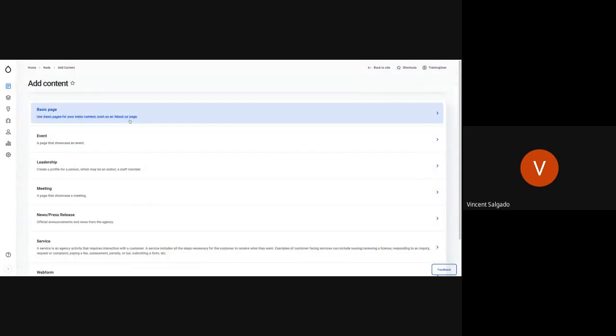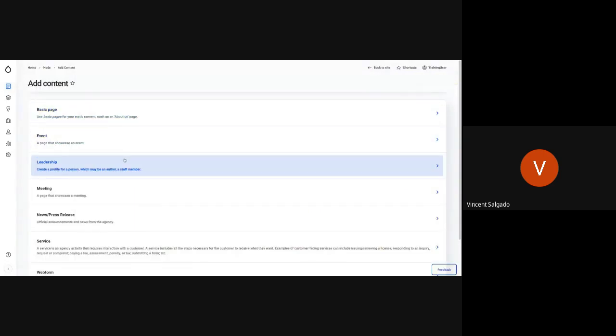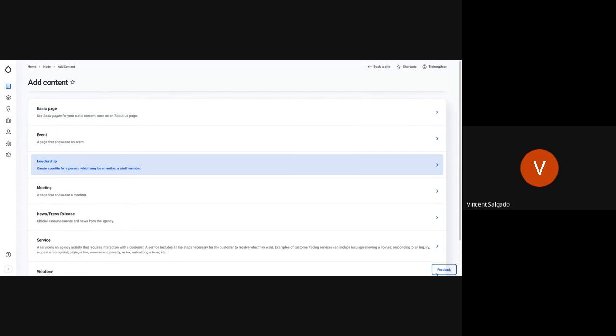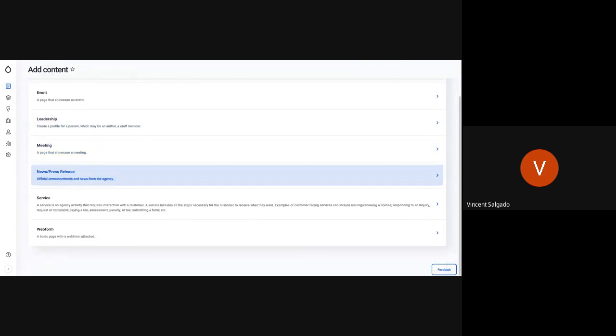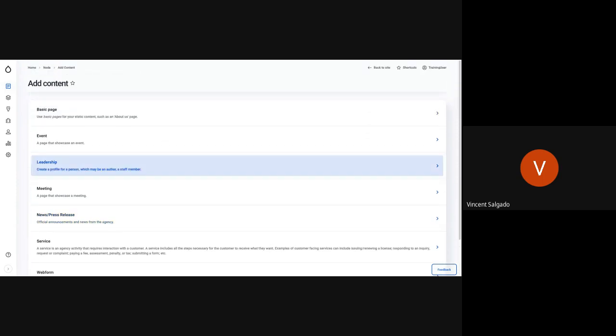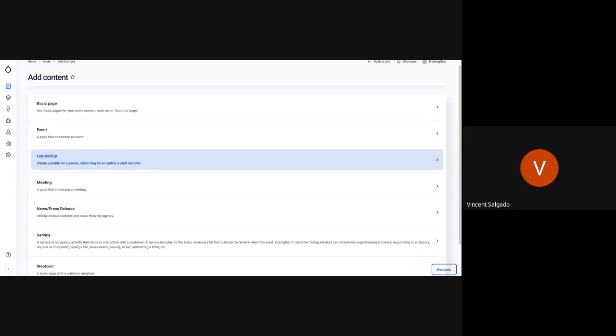So when I click on add content, this shows us all of the different types of content that we can create on our new agency platform website. We are going to be improving upon these content. We're going to be adding on to this content list for people to take advantage of. But for right now, out of the box, as we first pushed out this new platform, this is what we